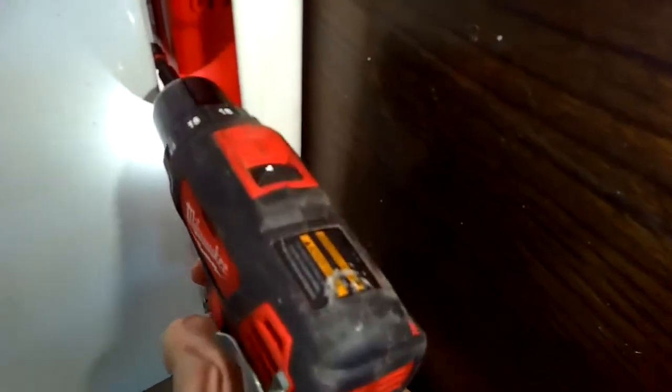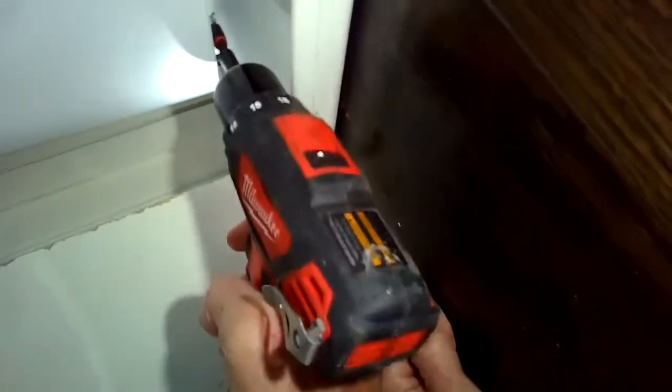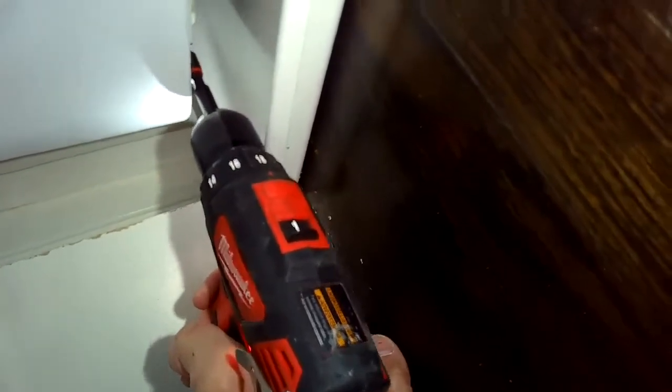I'm using a 1/4-inch drive to remove the three bottom screws so I can get the bottom panel off. Once I get the bottom panel off, I'll be able to get to the fasteners that are holding on the bottom part of the front panel. It is good to elevate it a little bit so it's easier to get to the screws. So I pulled off the bottom panel,